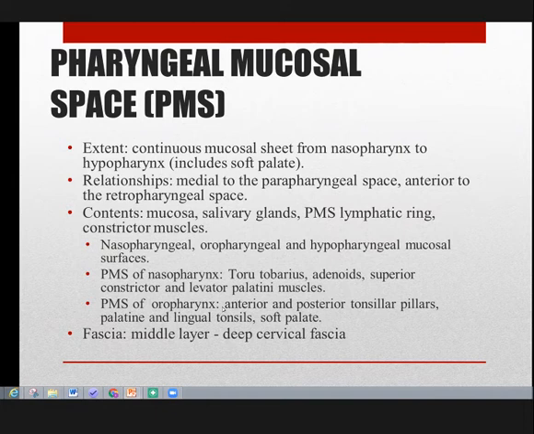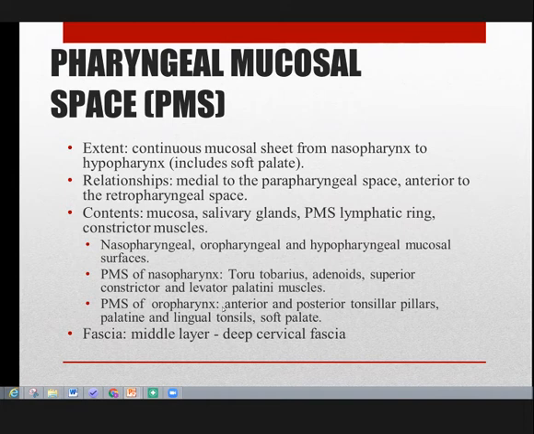So the PMS part of the nasopharynx consists of your torus tubarius, adenoids, superior constrictor muscle, and levator palatini muscles, while the pharyngeal mucosal space of the oropharynx consists of your anterior and posterior tonsillar pillars, palatine and lingual tonsils, and soft palate. So the fascia enveloping this space is entirely made up of the middle layer of the deep